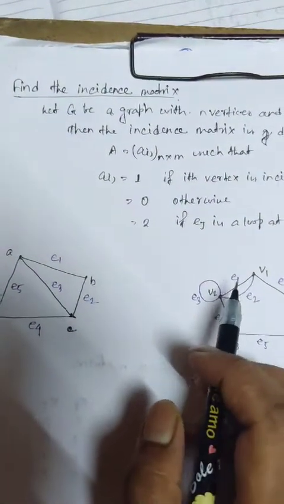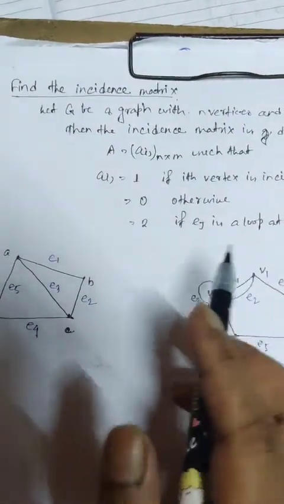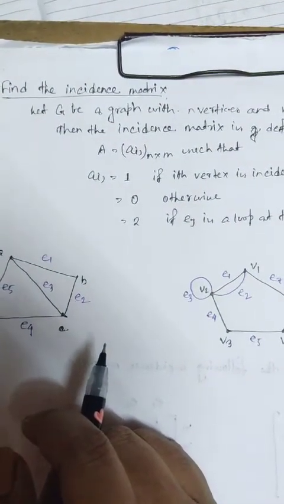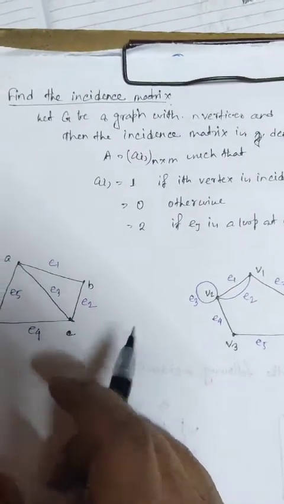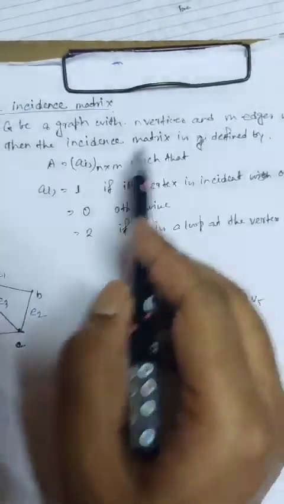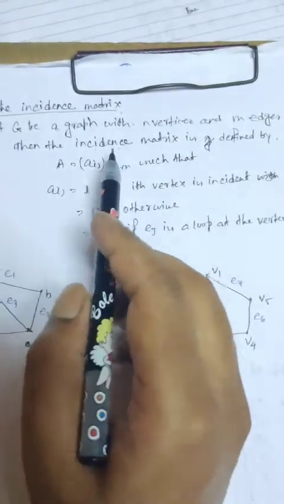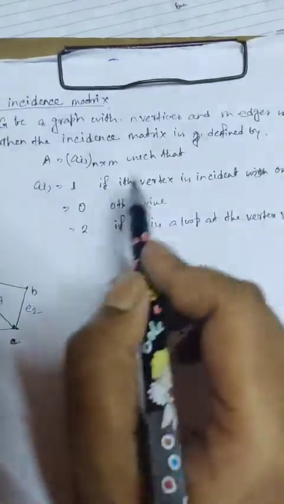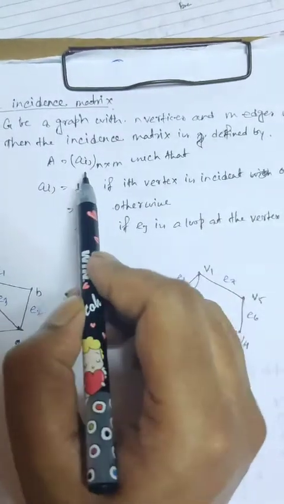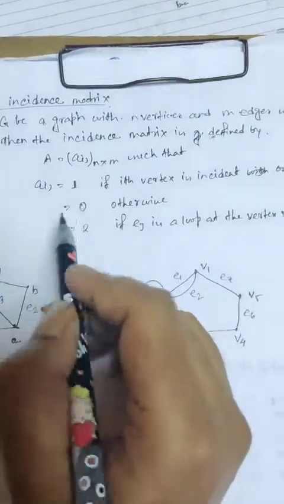Guys, in this video we will discuss how to find the incidence matrix of a graph. So if we consider that G is a graph with n vertices and m edges, then the incidence matrix is a rectangular matrix of order n cross m, and here